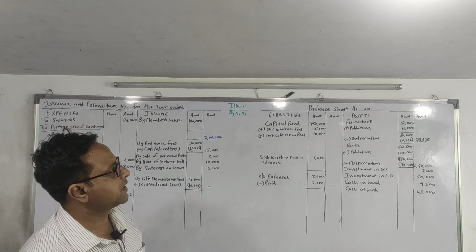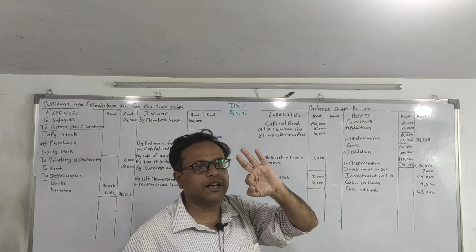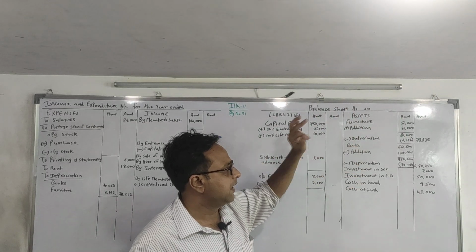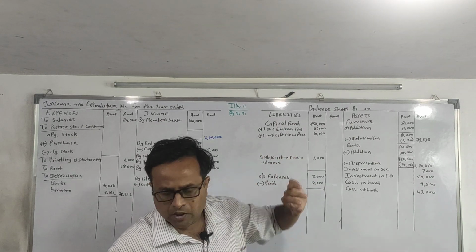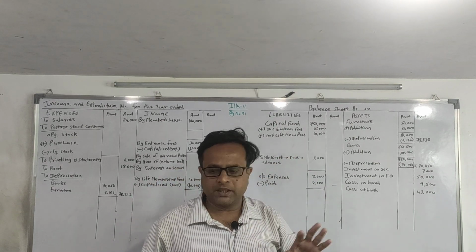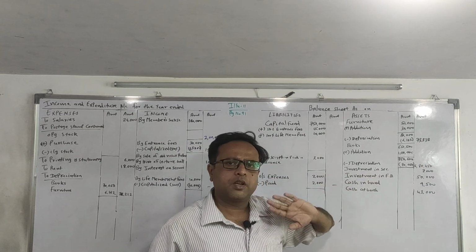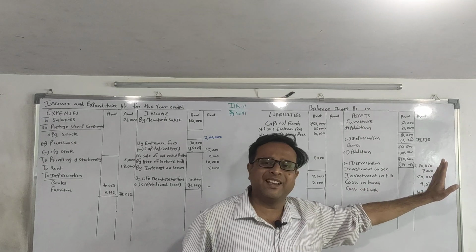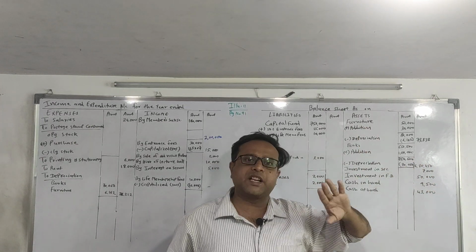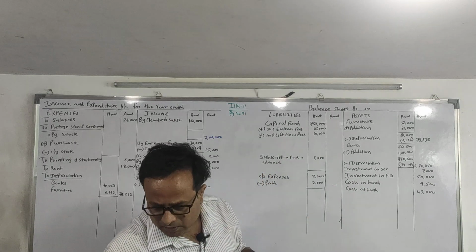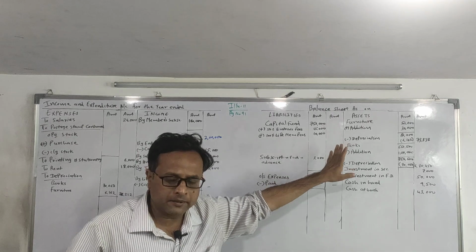Now come to the asset side. Furniture, we have made two dots, so we have to leave three lines. For books, again we have made two dots, so we have to leave three lines. Stock of postage stamps, ignore it for the time being. Investment in securities, no dot, so we directly write in the outer column. Opening cash in hand and cash at bank, ignore. This is how we are done with my opening balance sheet posting.